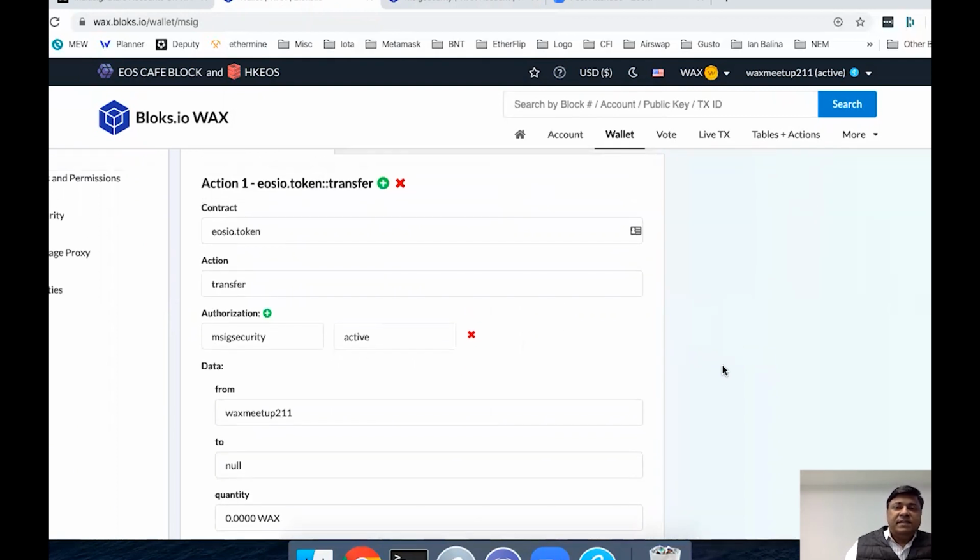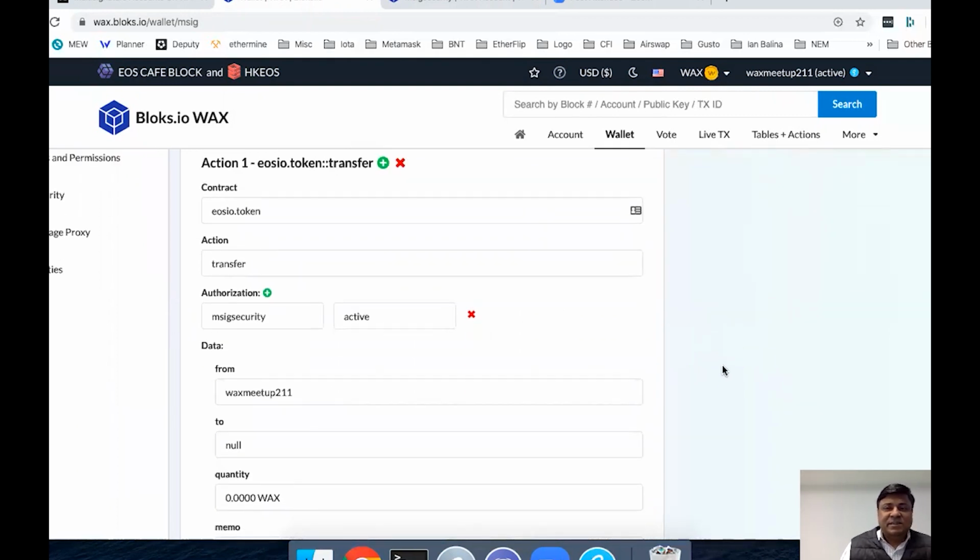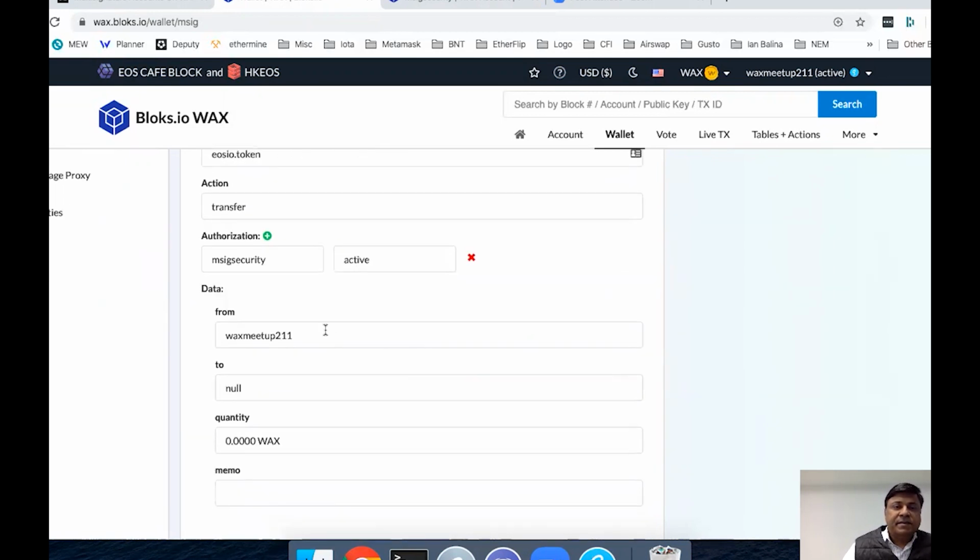That can be confusing to some initially, at least it was for me when I was doing it in the beginning. So the actor is the account from which you want to perform the action. This permission is going to be the required permission to do that action. Once that's done, the rest of the thing is quite intuitive.